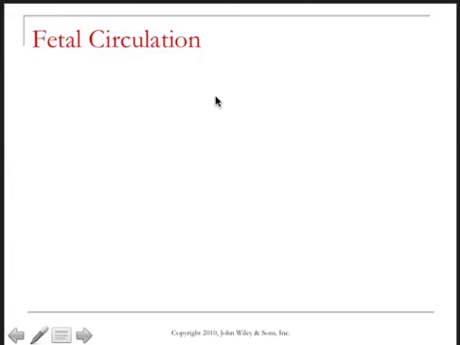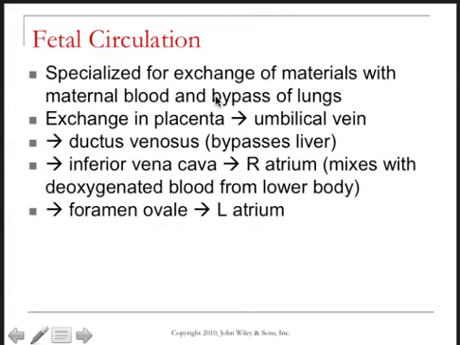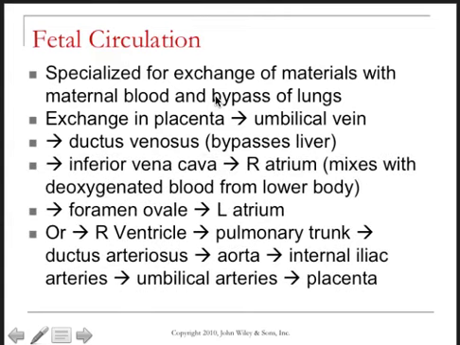Now, another special circulatory route is what takes place in the fetal circulation. And essentially, what happens in fetal circulation is that we don't have the benefit of breathing air. Okay? There's no air around. And so where do we get oxygen from? And the answer is we get it from mom. And the way we get it from mom is that we steal it from her blood through the placenta. Remember that the fetal blood and the maternal blood do not mix during pregnancy, but they do exchange wastes, nutrients,